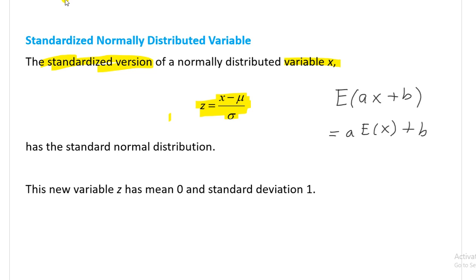The constants a and b stay there, and you just take the expectation of x. If I use this property on z, the expected value of z will be the expected value of x minus mu over sigma. 1 over sigma